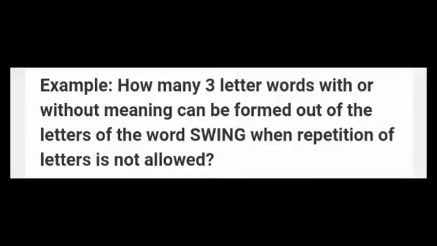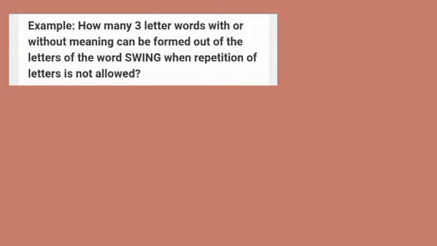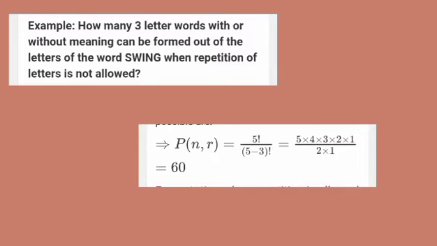So for example, how many three-letter words with or without meaning can be formed out of the letters of the word SWING when repetition of the letters is not allowed? In this case, we are going to use the permutation formula. So here, n is equal to 5, as the word SWING has 5 letters. Since we have to frame three-letter words with or without meaning and without repetition, the total permutations possible are P(n, r) equals 5 factorial divided by (5 minus 3) factorial, equals